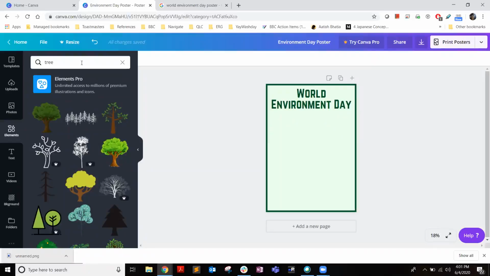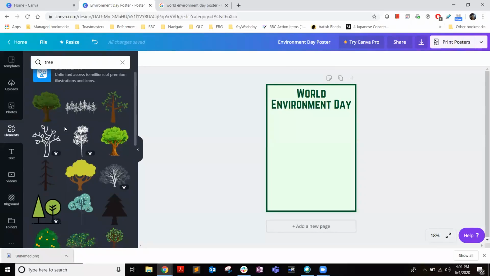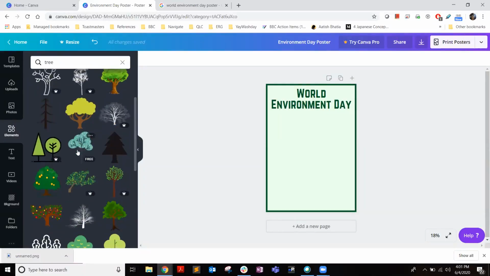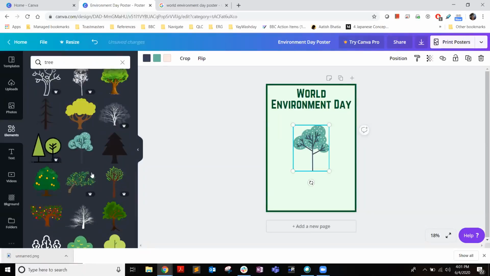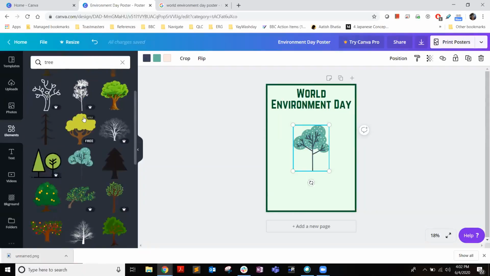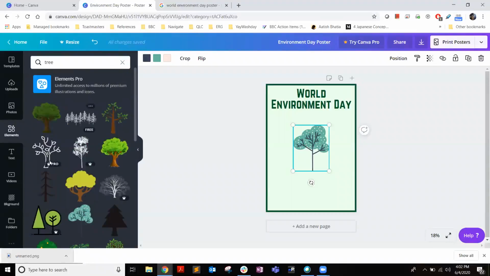Arnav suggested that we have smileys and a lot of things, even trees, which suits our Environment Day theme. We can use one of the trees from here. I am going to use maybe this, or if I find something better. By the way, this crown, what you see here, tells that this particular image is not for free. It's in the pro version. So if required, we purchase the pro version of Canva, then we can use these. Otherwise, we cannot use these.